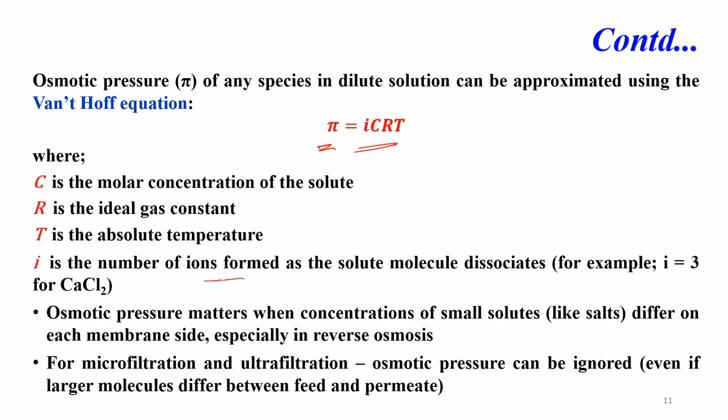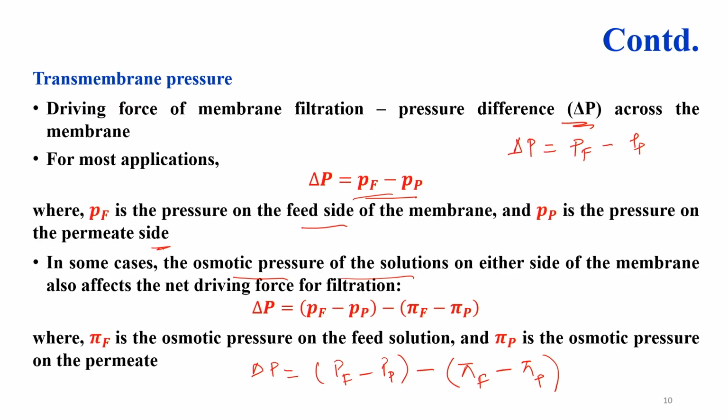i is the number of ions. Let us say if it is CaCl2, that i is 3. If it is NaCl, then i equals 2. C is the total molar concentration of solute, R is the gas constant, T is the temperature. So, in this way you can calculate the osmotic pressure using the Van 't Hoff equation. So, we have calculated delta P, and that is the